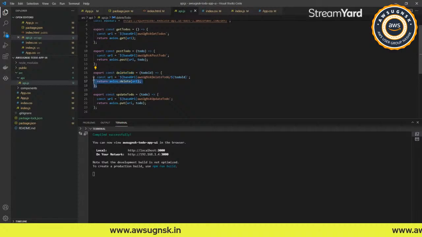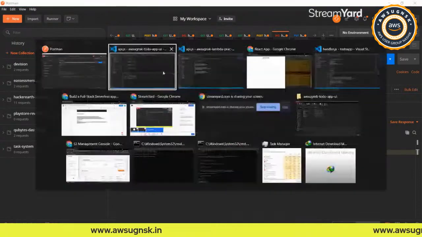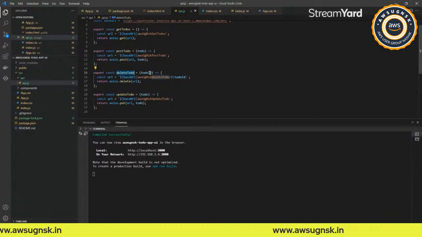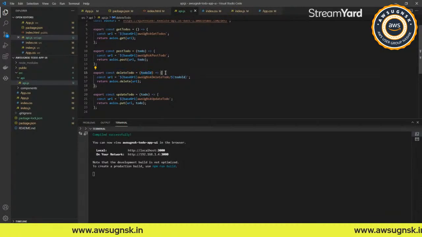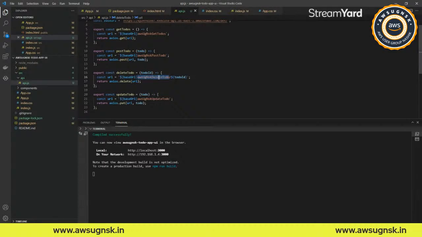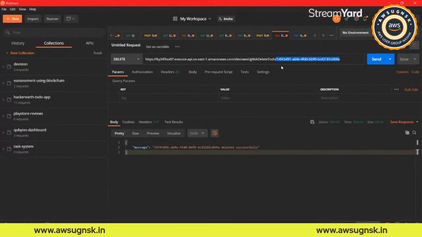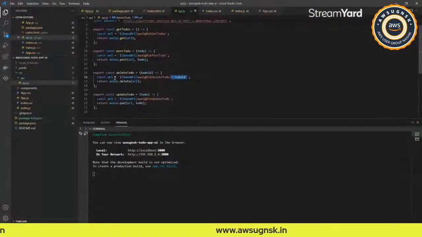The third one that we have is to delete a to-do. So we'll be utilizing this API that we have prepared, and we'll be using the delete verb. And the URL that we have prepared is, so this function will receive a parameter, the to-do ID, whatever we'll be deleting, and then the URL will be the API name and slash, then the to-do ID that we have. So we have the format prepared over here. So we'll be passing the request the same, and instead of using post, we'll be using a delete verb,